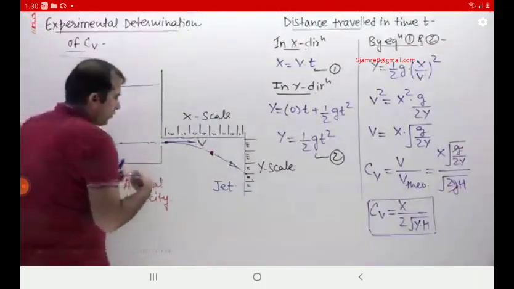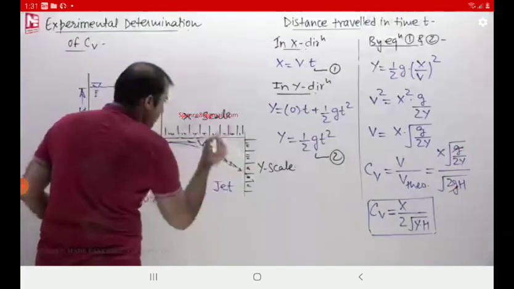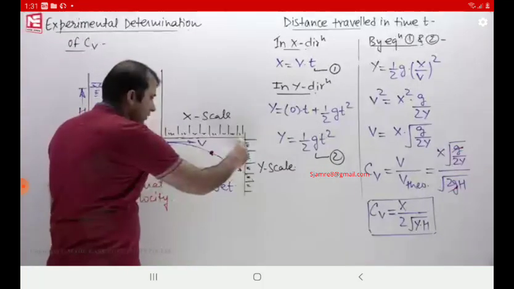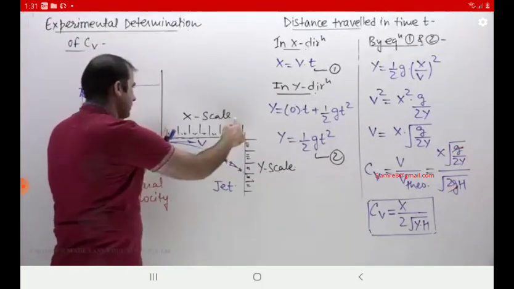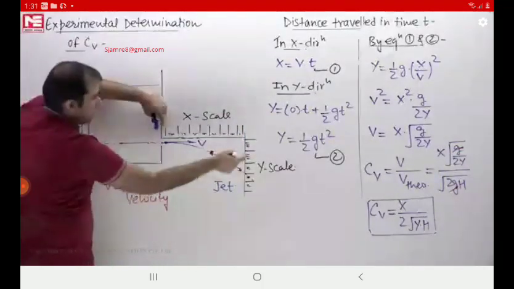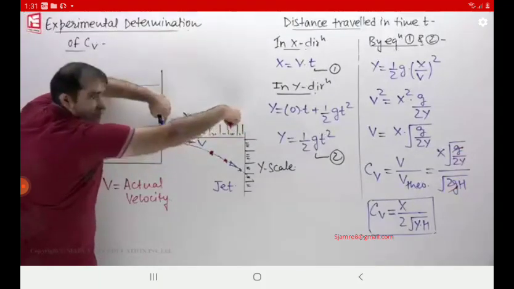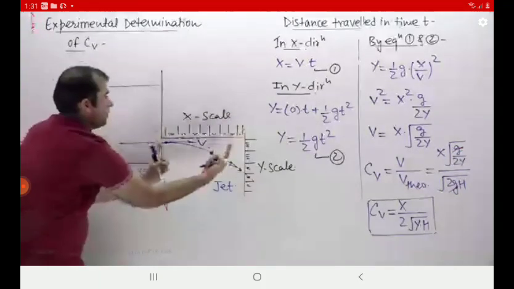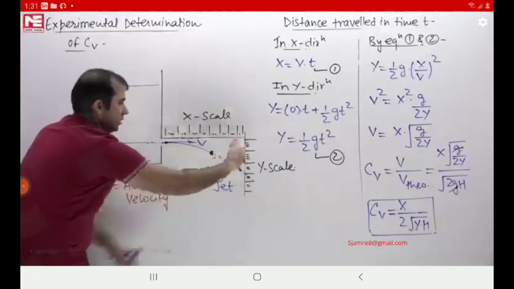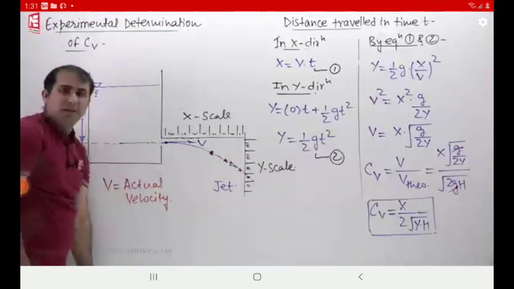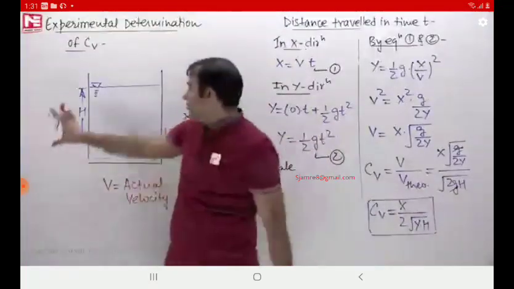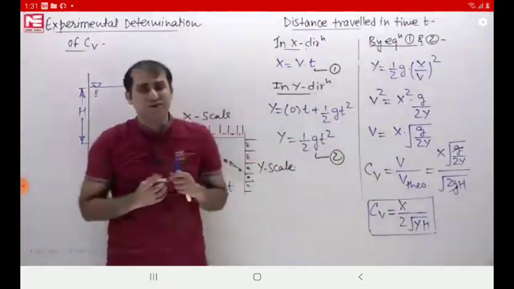कि आप भी point लें, whether you are going to take this point, or this point. On the basis of any point, if you are looking, you have a value of y, and you have a value of x. दिख रहा है ना बेटा? You have a value of x for this point, and you have a value of y. In this way, you have x, y values. You can put h, you already know. In this way, you can find out the value of CV.